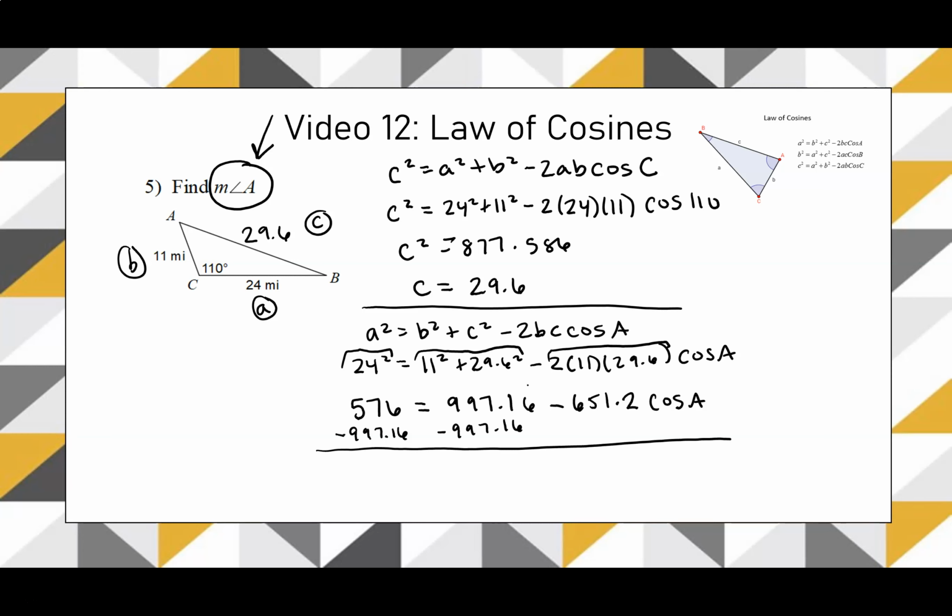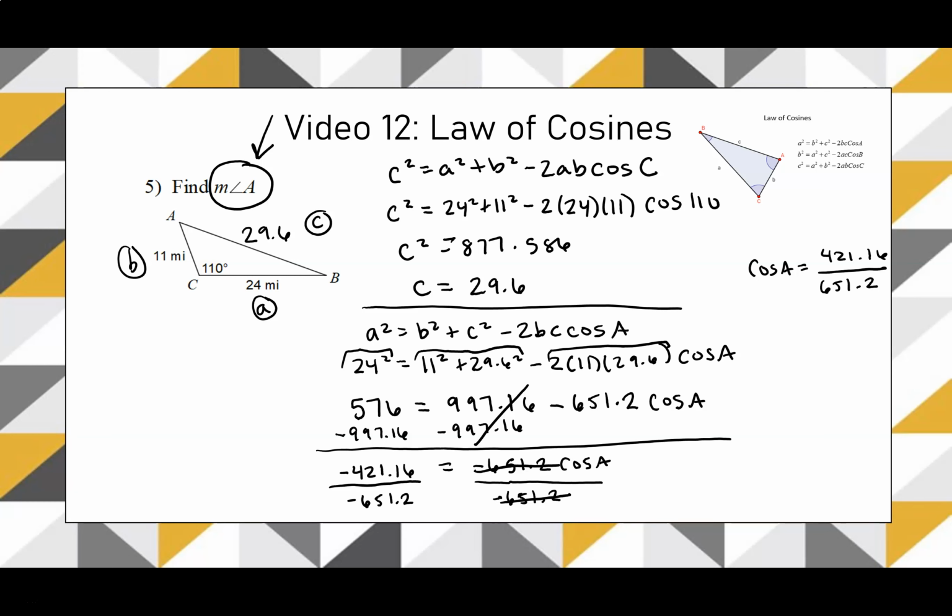That's going to disappear here, but over here I'm actually left with a negative 421.16, which is equal to a negative 651.2, and that's going to be cosine A. Okay, divide by that negative 651.2. These cancel here, and I'm left with a cosine of A, which is equal to, and my negative over negative, no big deal, becomes a 421.16 over